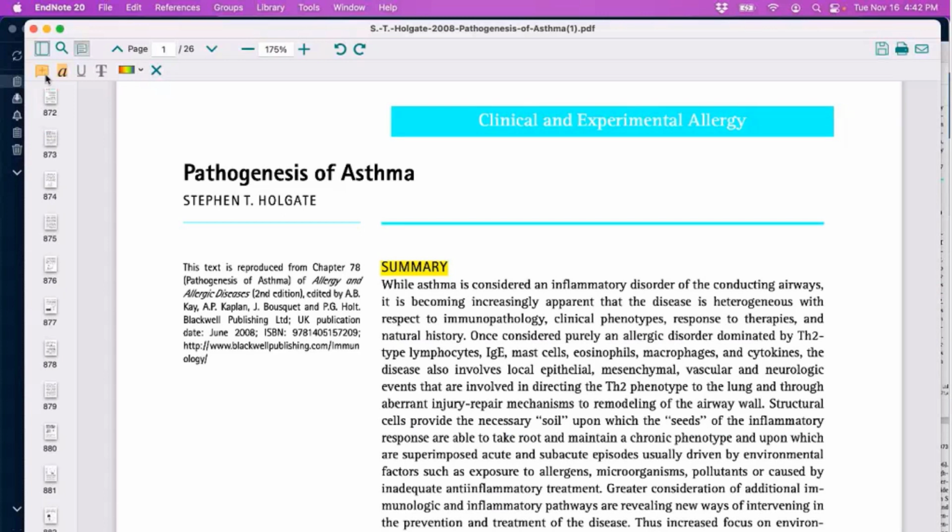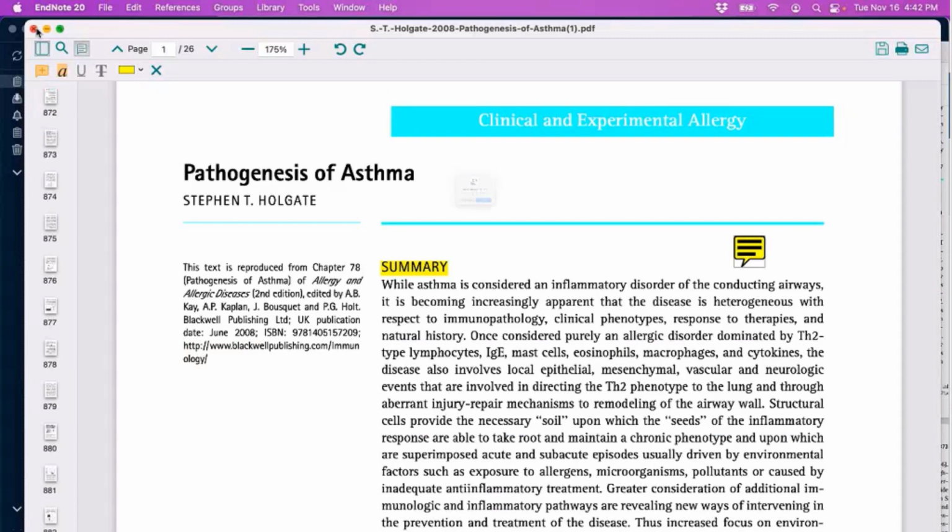If you click this little speech bubble here, and then click somewhere on the page, you can add that little sticky note. Double click on that icon, and you can add your sticky note text. I'm just going to add the phrase "interesting article." This can be a term or a phrase for yourself or a note to a colleague, like I mentioned, if you set up a library sharing team.